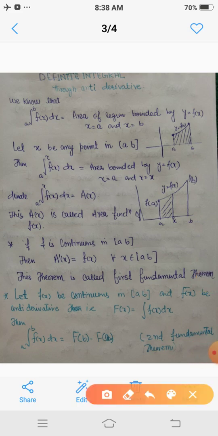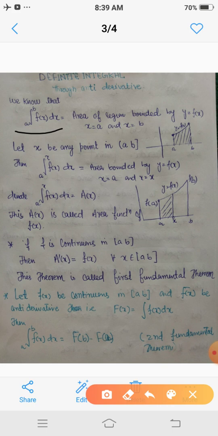Dear students, today we are going to discuss the definite integral through antiderivative. That is, how to find the definite integral through the antiderivative. We know that the definite integral of f of x from a to